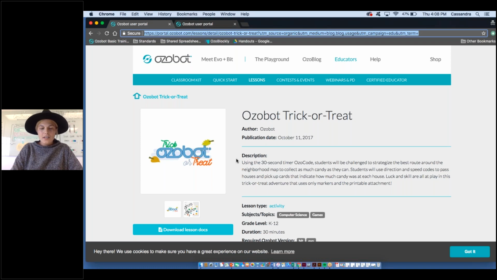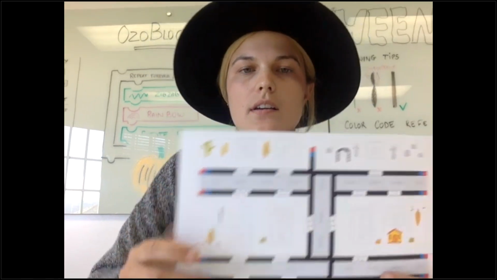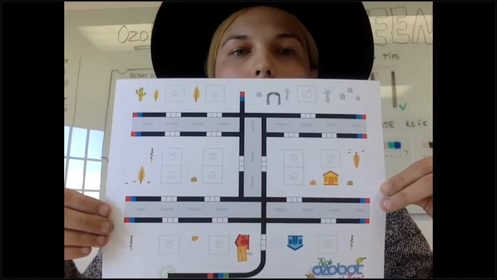before it turns off. So the idea is that it's Halloween, trick-or-treating is almost done, and our bots are trying to go around to as many houses as they can to get as much candy as they can. So the lessons include a map of a neighborhood,